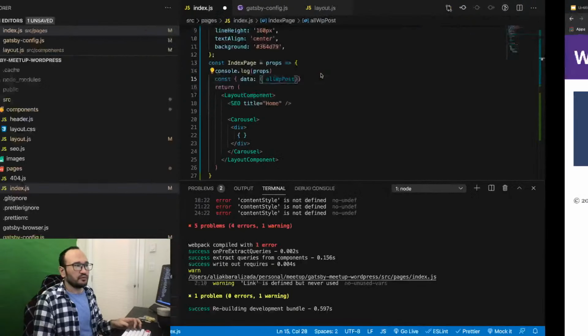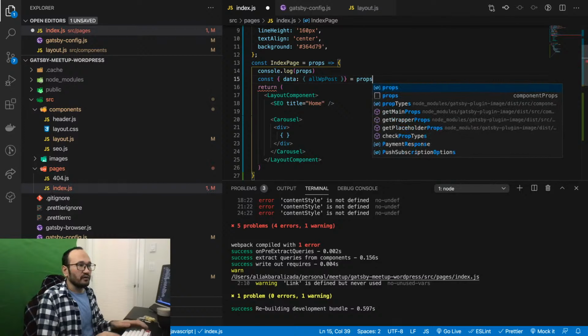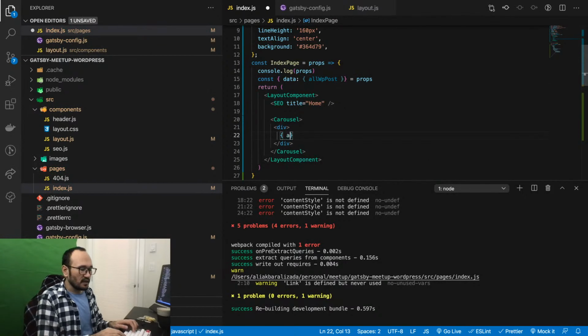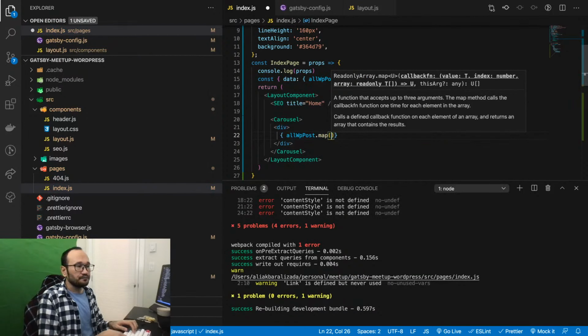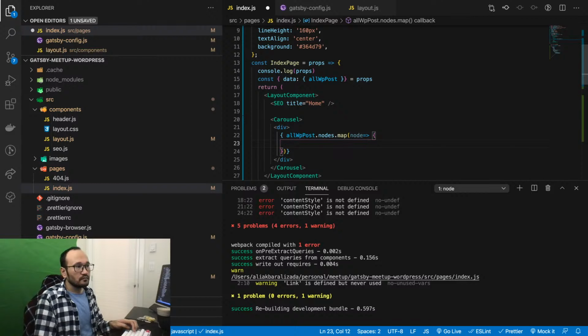All WP post, and this comes from props, and then say all WP post dot nodes dot map, and then say node, and here for each node I want to run a div.